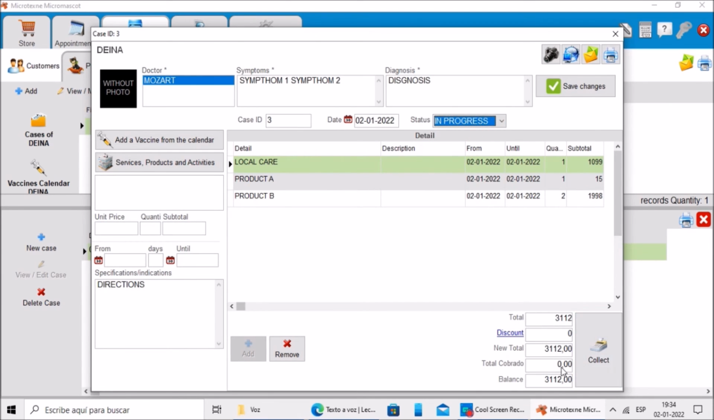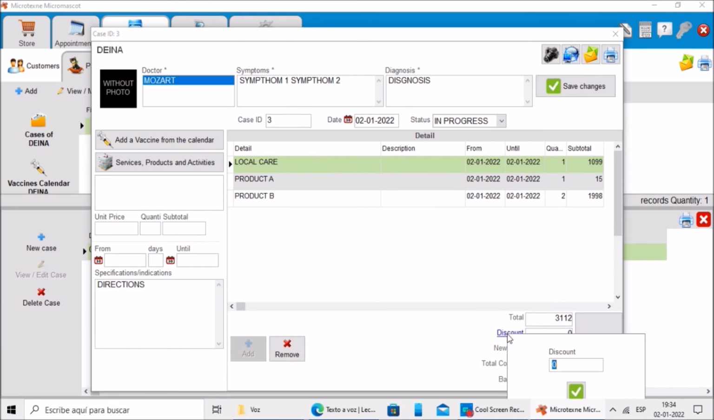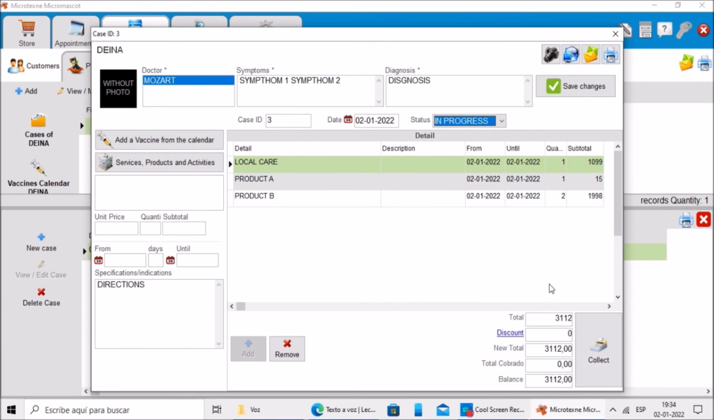In this other area, the amount owed by the customer will appear. To add discounts, click on the blue label. When the customer pays you, using the Collect button, you can receive partial or total amounts. Finally, don't forget that all the changes made in this window are automatically saved, so you can close the window